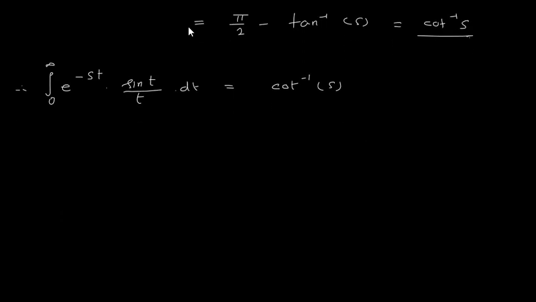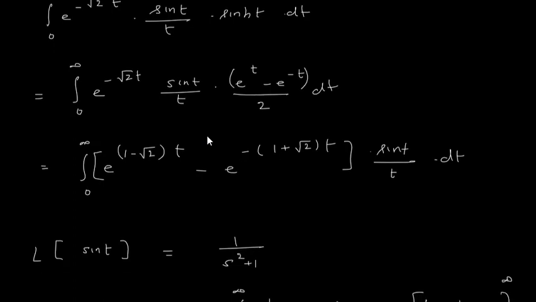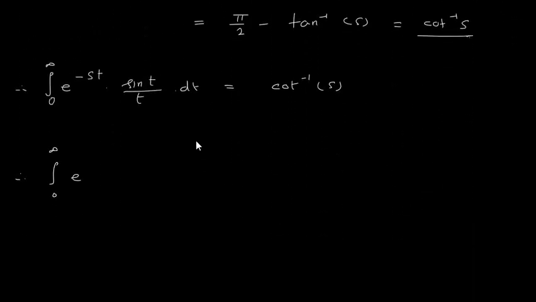So therefore the integral from 0 to infinity of e raised to, here in this problem, 1 minus root 2 t, into sin t upon t dt will be equal to, now in place of s we have put 1 minus root 2, so it will become cot inverse 1 minus root 2,